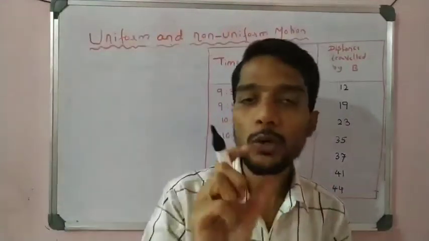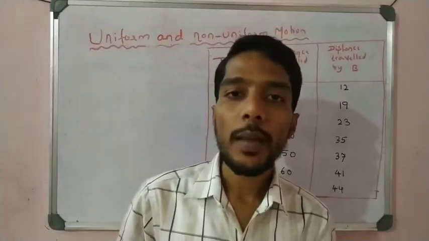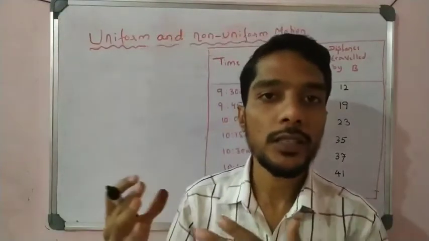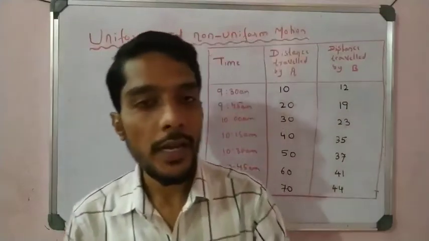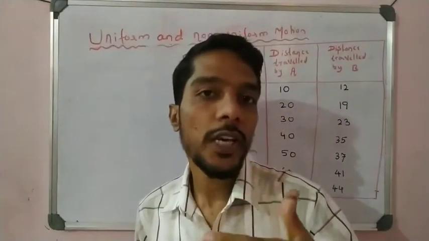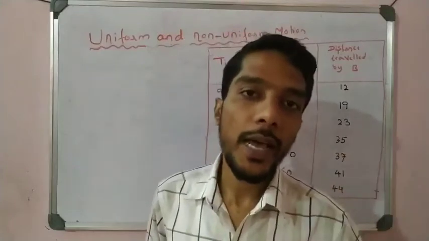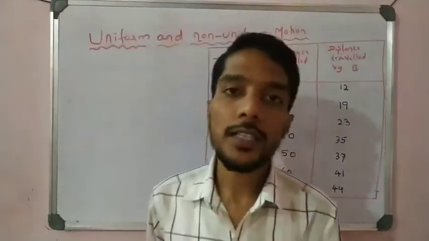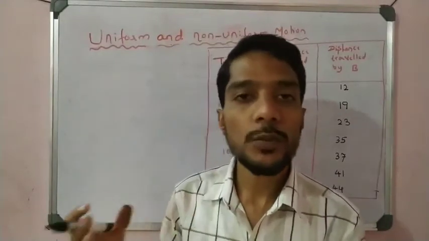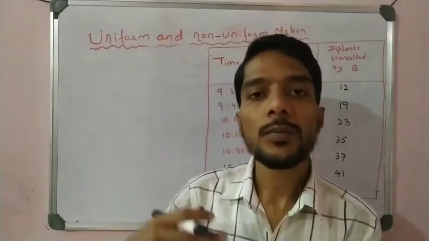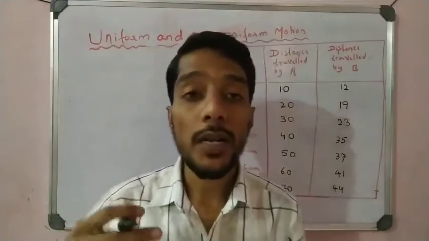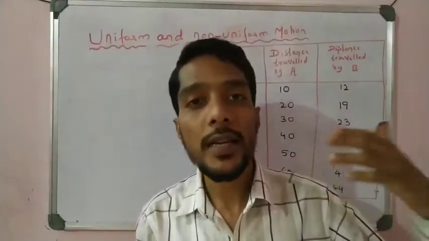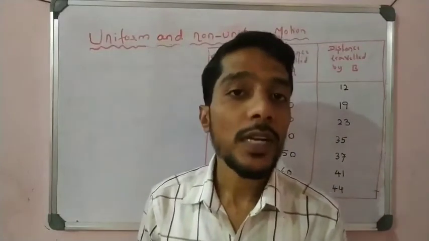So we know about motion. What is the definition of motion? A particle occupies different positions at different intervals of time. Okay, in the last video we learned about distance, right? If a particle changes its position at different times, we say it is in motion. If the particle does not change its position, it is at rest. When time changes, the particle's position also changes from point A to point B to point C. That is called motion.